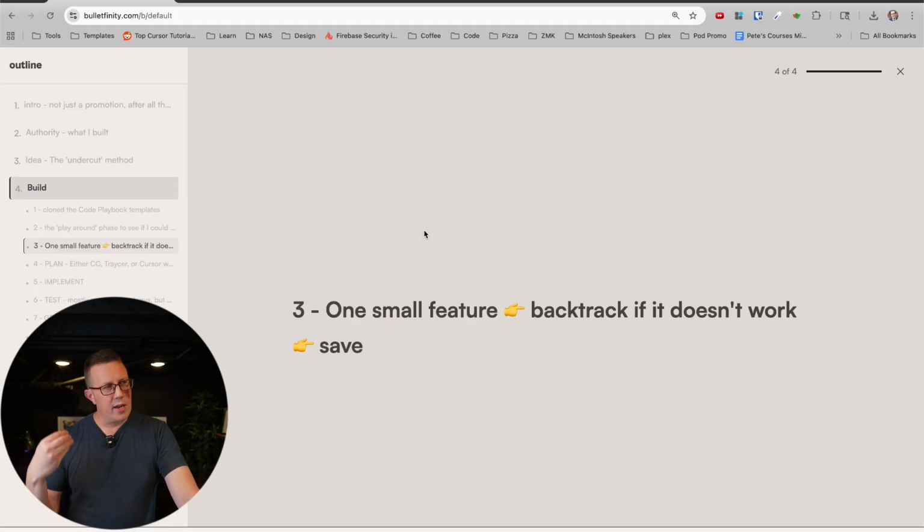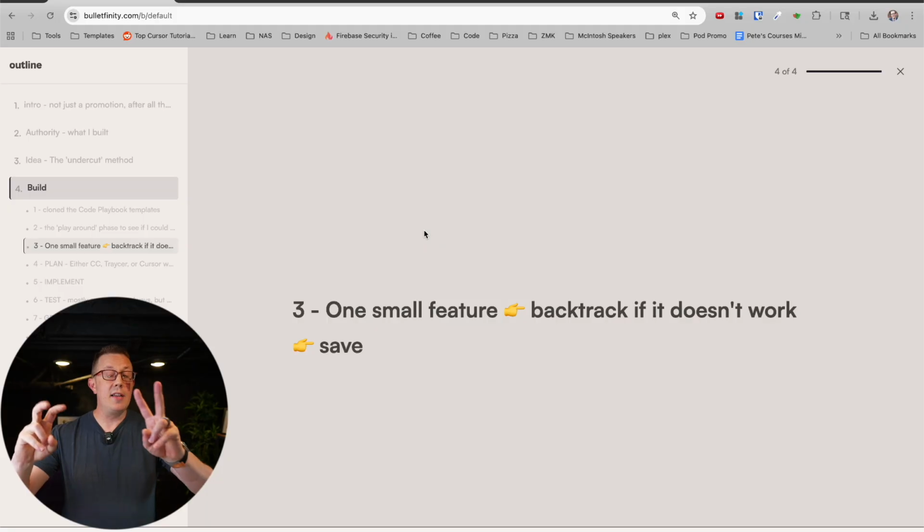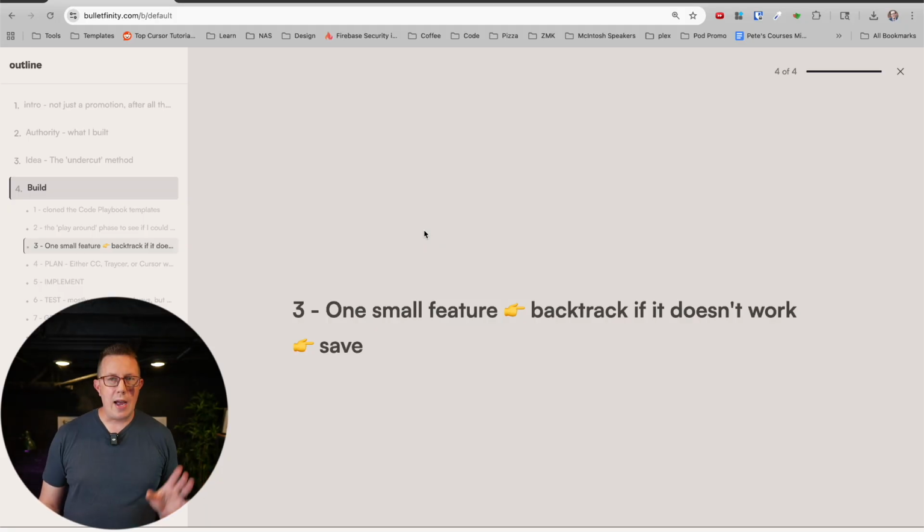And you have to learn how to prompt AI, context engineering, if you will. I've learned that stuff, and that's what I teach in Code Playbook. But it was really just this, over and over again. One small feature, test it. It's not gonna work. Go back and forth, back and forth, back and forth with AI, and then it works,